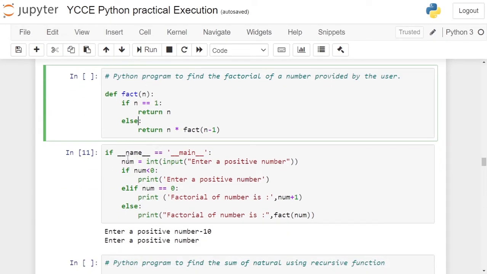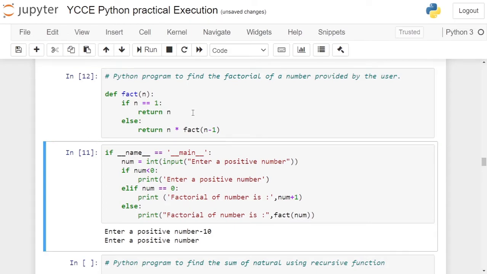In the next cell, we are starting our main program. If this is a dunder method, if underscore underscore name is equal to underscore underscore main, if it is equivalent, here we know from here we have to start executing our program. We are asking a user to enter a positive number using input statement. User will enter a number. That number will be converted into an integer and that integer will be stored in num. If the number is negative, so in the next statement we are checking whether number is less than 0. So we will prompt the user in the if block to enter a positive number and come out of our program.